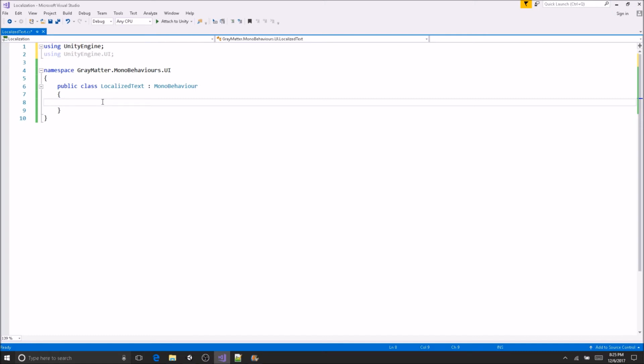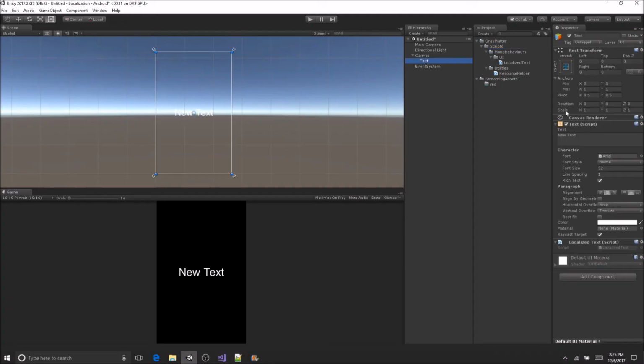And the reason that we do it this way is because, first off, we can't get into the text component. We can create our own text component, but why create something that's already been created? So what this class is going to be doing is essentially providing the logic of a text component that just kind of displays the format of the text, which if you look at that text component, that would be this